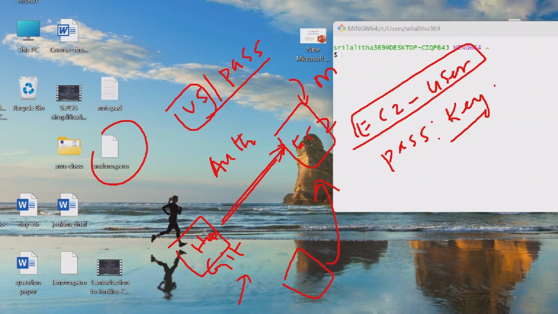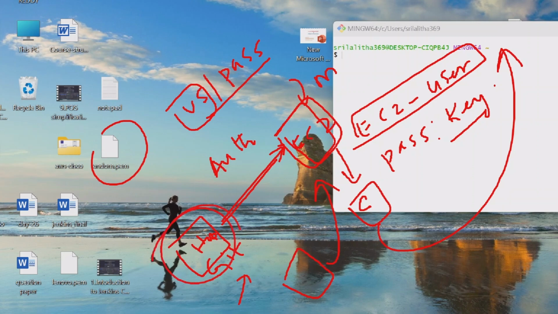So now we need to connect to this AWS instance. We will be having some command. We need to copy this command. We need to enter into Git Bash so that from our home system we can connect to the EC2 instance, right? But remember one important point: without this key you cannot connect to the EC2 instance, right?